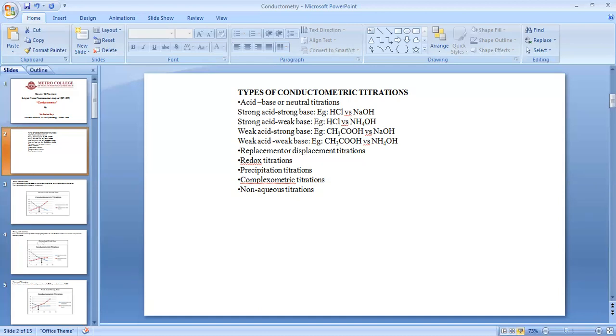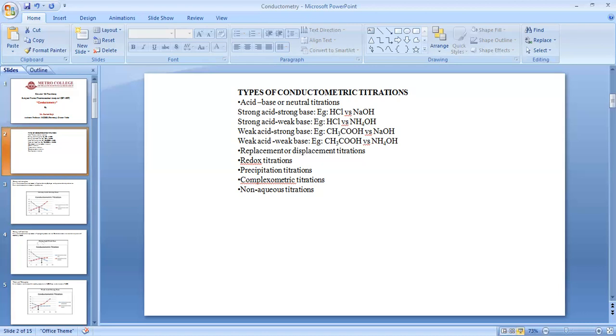So the initial endpoint is shown by the formation of mercuric chloride, and then there is stability, and as soon as the second endpoint is reached,